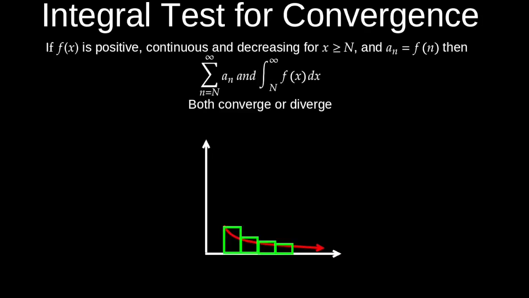If a real function f of x is positive, continuous, and decreasing for x greater than or equal to some integer n, so as we can see, that's true for this function, and an is a function of the integer n, so this describes the terms in the series,